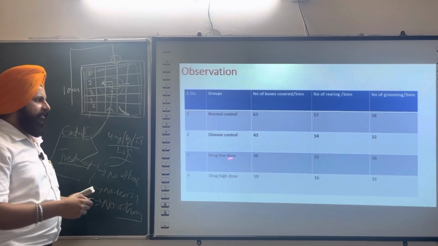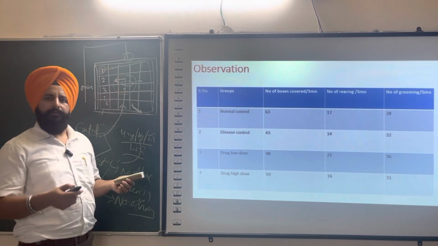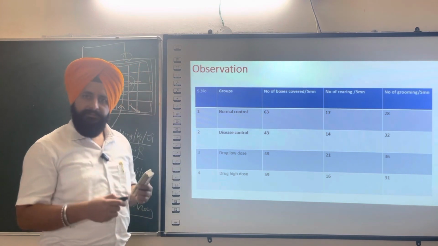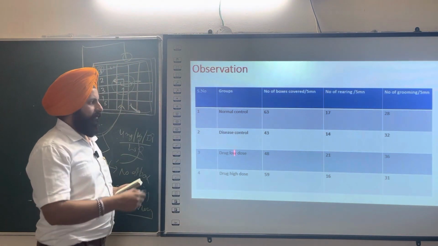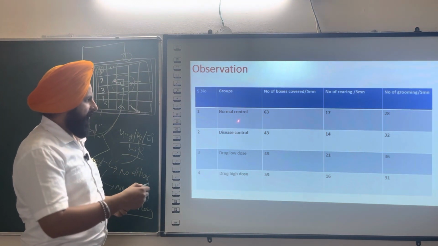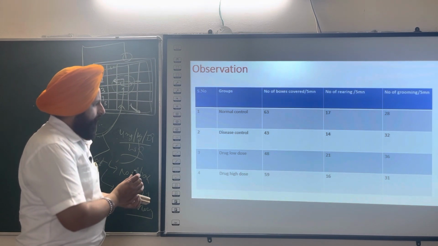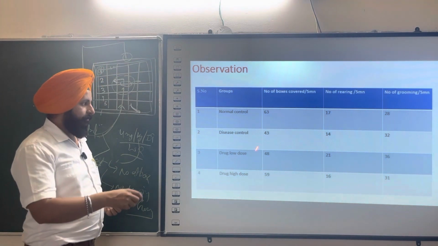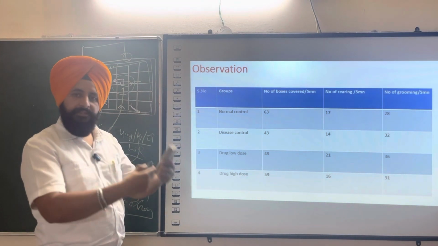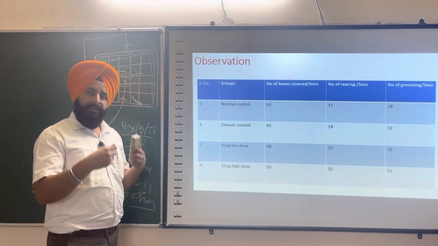Suppose this is a table. If you are taking a normal and disease group, this practical you can perform for B form or M form practical level. But if you are doing it for research work, then you will divide your animals as per your protocol. Suppose for example I have mentioned here, this is a table in which I have taken a normal control group and a disease control group. That means disease has been induced, either I induced the Parkinson disease, or induced the TBI, traumatic brain injury, or induced the anxiety.